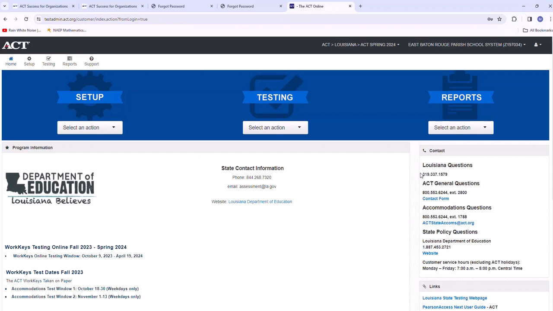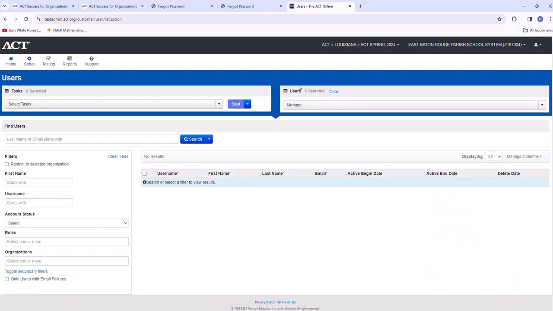You're going to go to setup right here. Since I didn't have to put any student records in here or show any student records, I am recording this, so I'll send it out. All right, so you're going to go to setup right here, and then I'm going to click on users. When I click on users, this panel shows up.